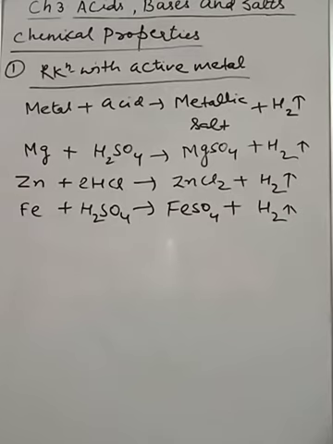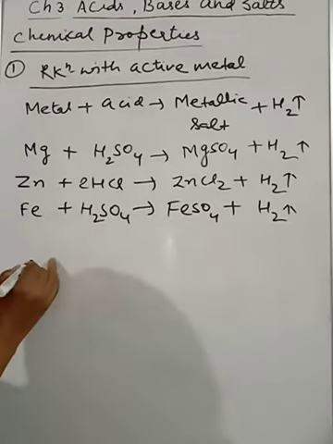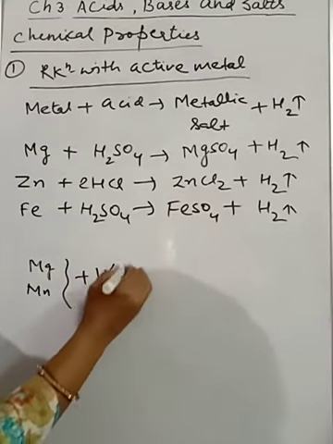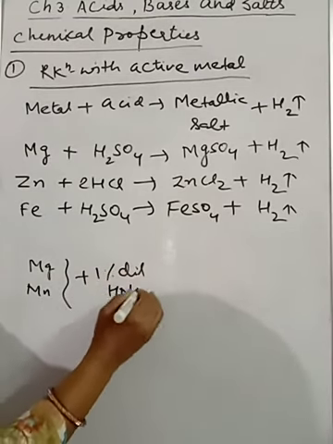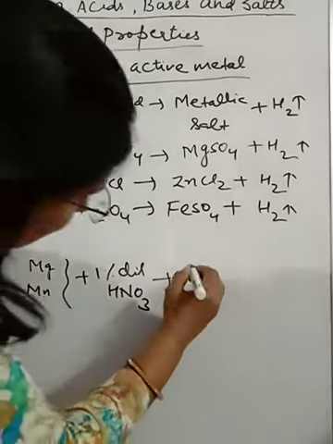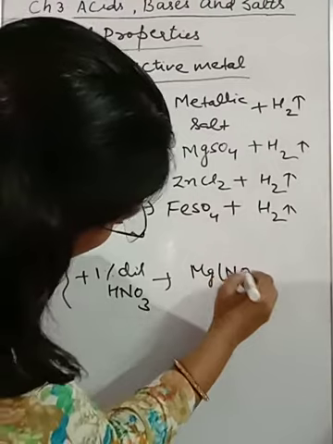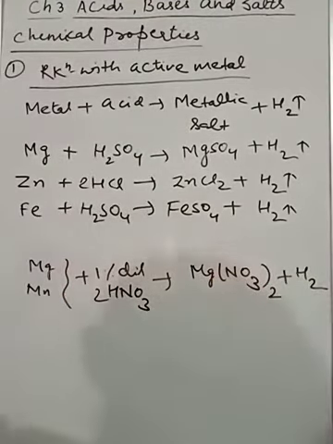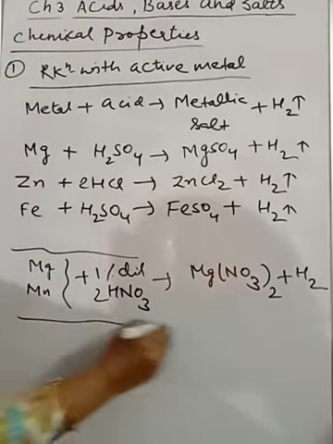So metal plus acid, you will get this. And it's very important. Now, just now I told you, what about HNO3? HNO3 being a strong oxidizing agent can't be used. But only with two elements like Mg and Mn, with 1% dilute HNO3 can be used and then we will get the salt and hydrogen gas. But in normal condition this reaction is not applicable, being an oxidizing agent.